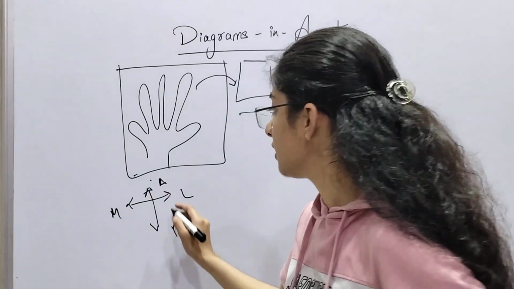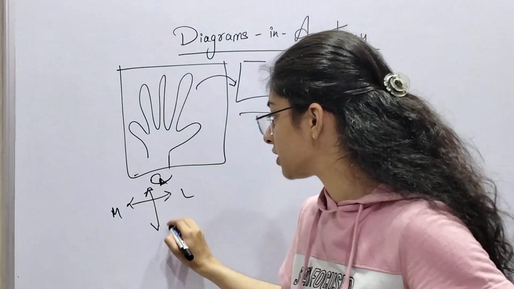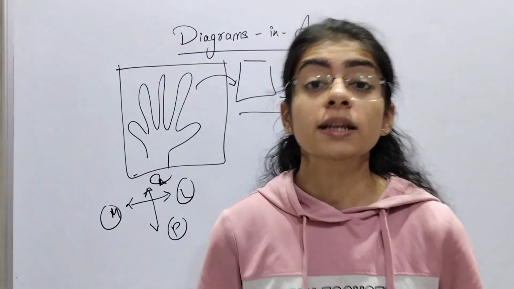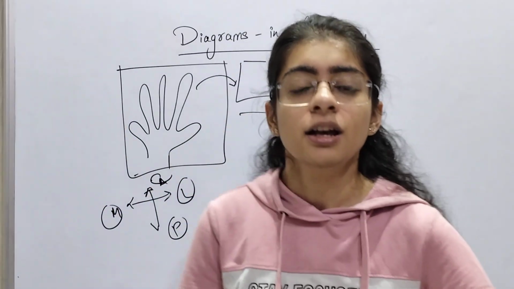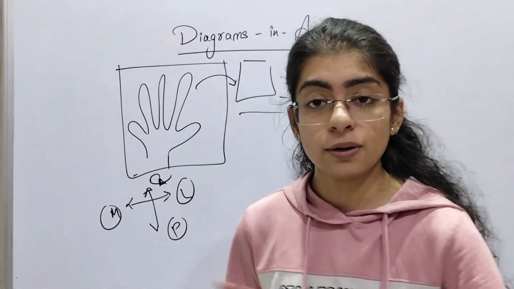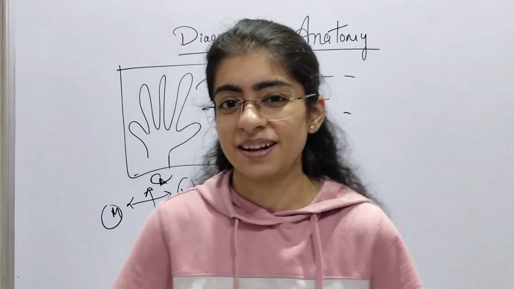Next, you need to ensure that you draw a marking: anterior, posterior, lateral, medial. This compass-like marking is very important, because how does the examiner know which side is the lateral, what concept you have in your mind? You are not there to explain to him. So this APML is very important.